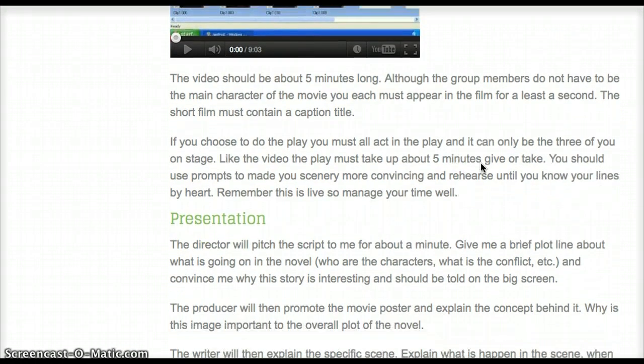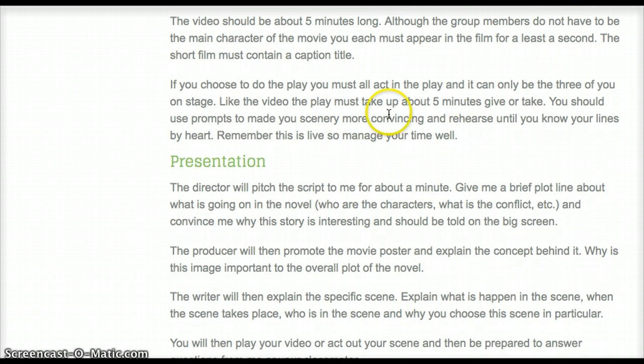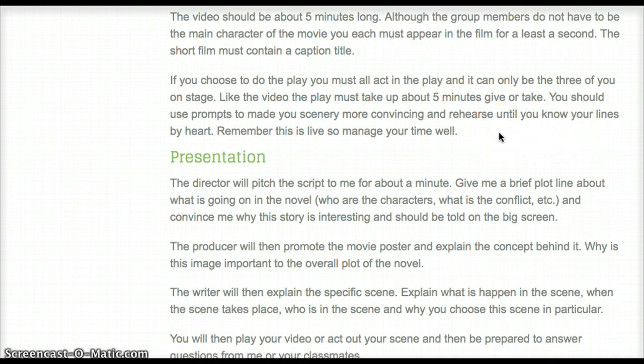Now the video has to be about 5 minutes long, and although every group member does not have to be a main character in the movie, they each have to appear for at least a second in the film. That's it. If they choose to do the play, then all of them have to act in the play, because they're going to be the only ones there for the presentation. So I suggest that they use props or scenery decorations, and rehearse to memorize their lines by heart,